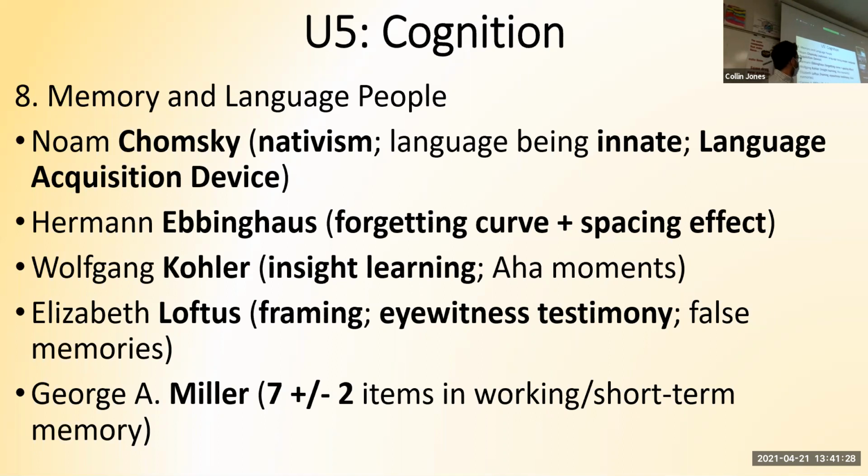George Miller said that on average, you can hold 7 things in your working memory. We talked about chunking in this unit. You can kind of lump things together. That's a mnemonic to remember things. I know it's a lot of people, but you need to make flashcards, get on the Quizlet, rewrite them, come up with mnemonics, picture things, come up with songs, rhymes, tricky things depending on their words to help you remember all these names.